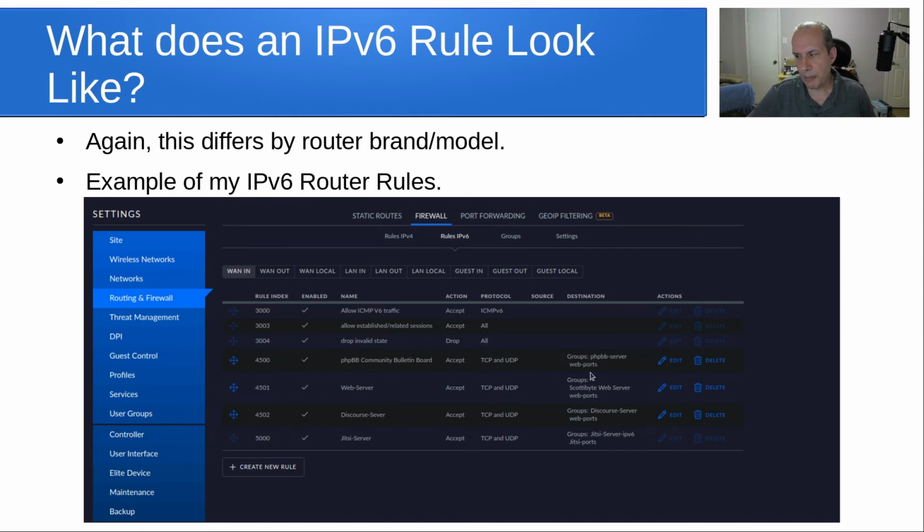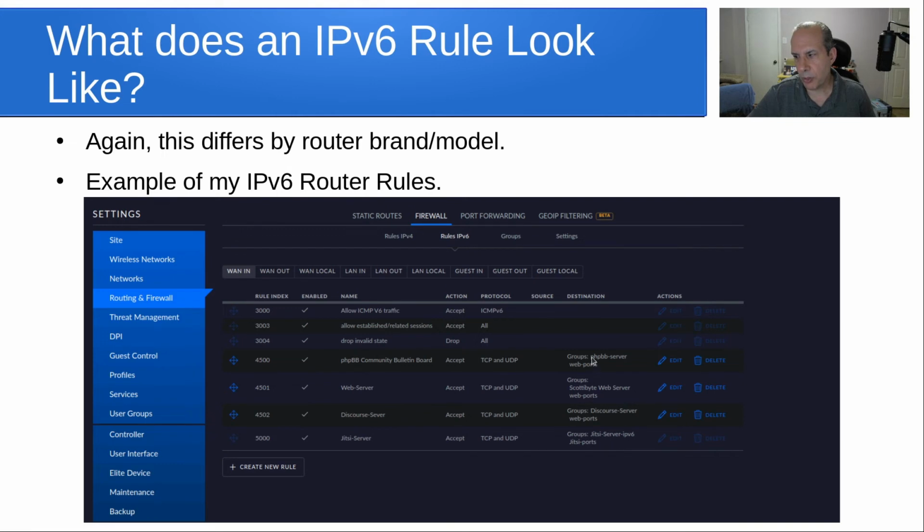Groups are separately managed out here, but you could have more than one address in a group if you like. But in this particular case, I have one IPv6 address for my PHP bulletin board server, and that's its group name, one address in the web server group, one address in the Discourse server group, and one address in the Jitsi server